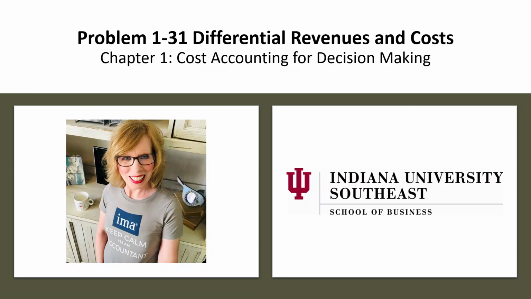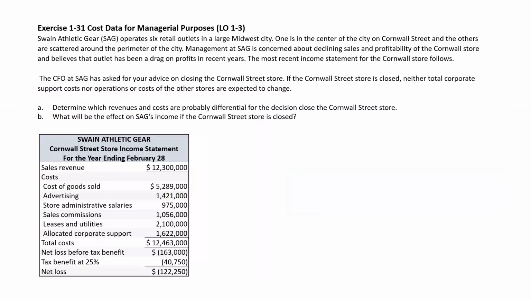In this video, I'm going to demonstrate an example of differential analysis. We have here a company that operates 6 retail outlets, and this is the financial information for one of those retail outlets, which is the Cornwall Street store. The CFO has brought us in to provide a recommendation on whether or not that store should be closed because on the surface it's showing a net loss of